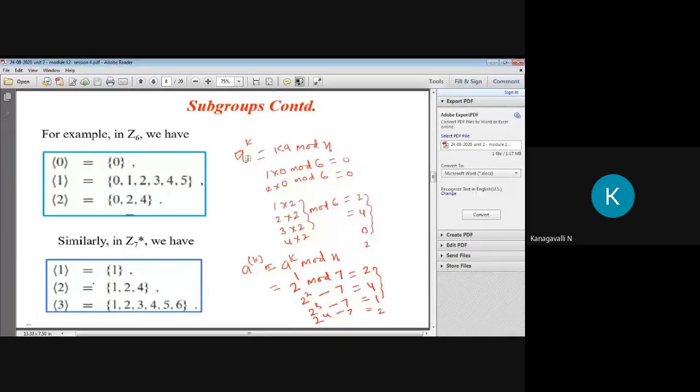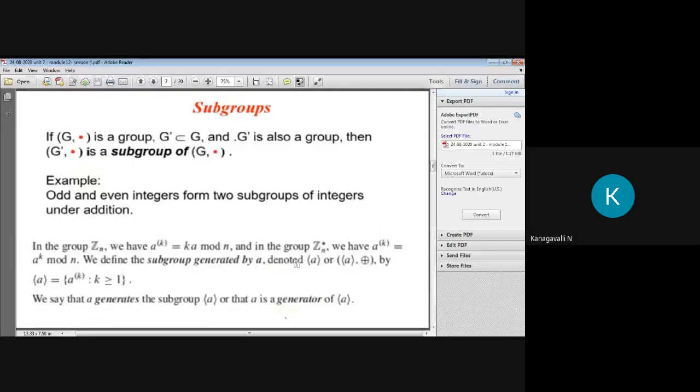So I am writing only the mod n module. This is simply where they are given the group value. They didn't mention any addition or anything. So you have to clearly see our theorem. If they do not mention anything, your group has a^k equal to a^k mod n, right?